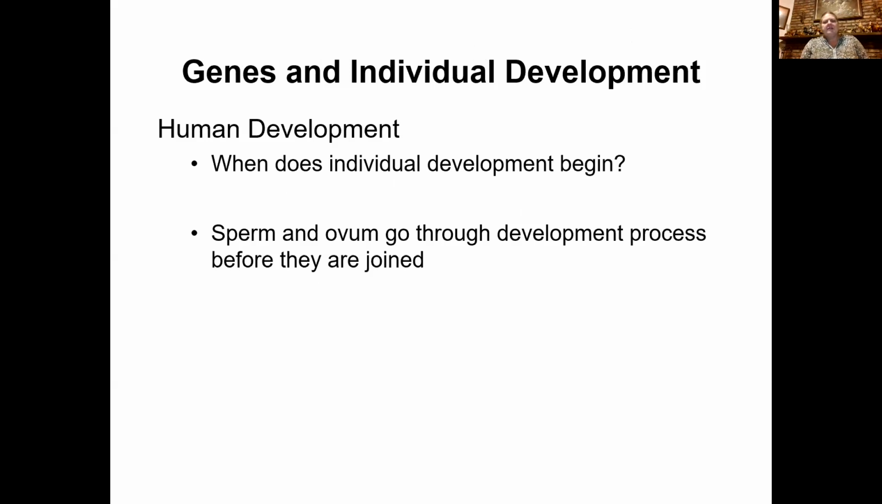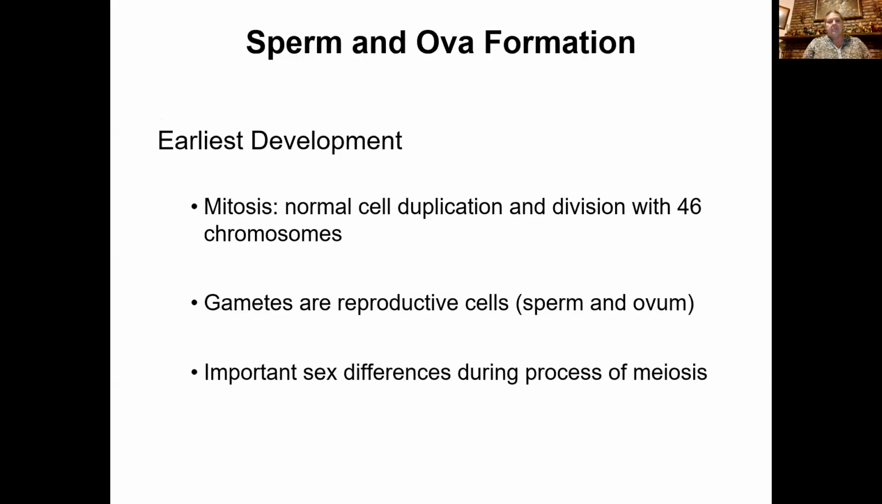All right, genes and individual development, human development. When does individual development begin? Well, the sperm and the ovum go through developmental processes before they are joined. So basically all of this takes place early on. In order to create these gametes, these sex cells that we have to have in order to reproduce,